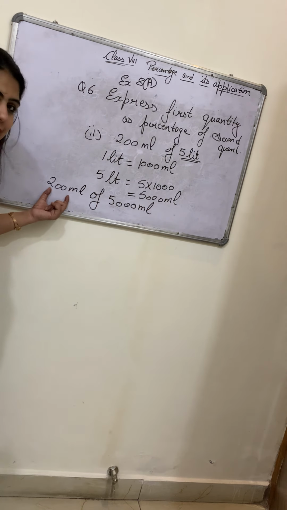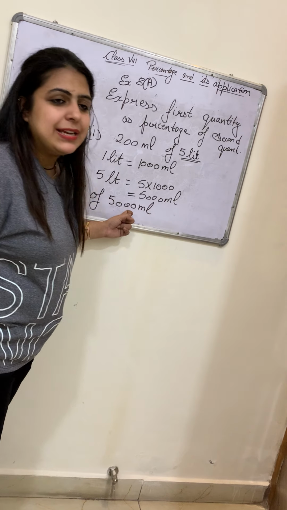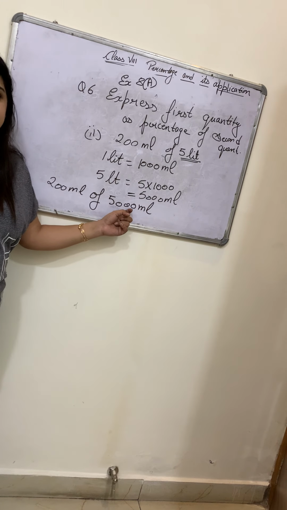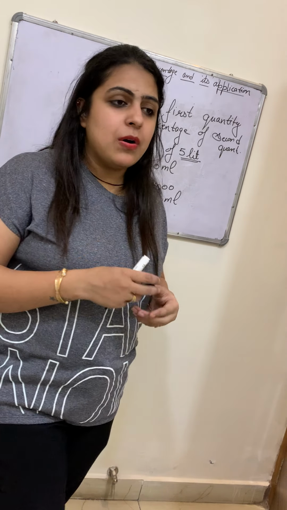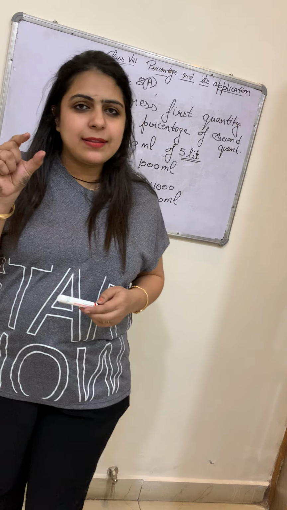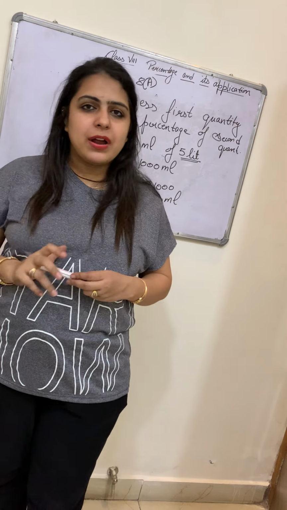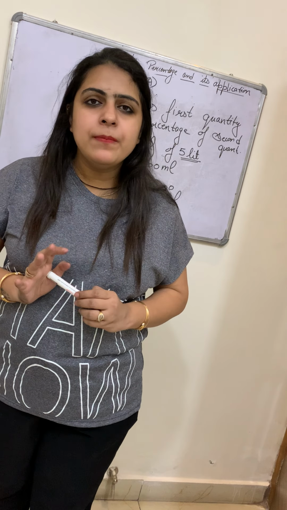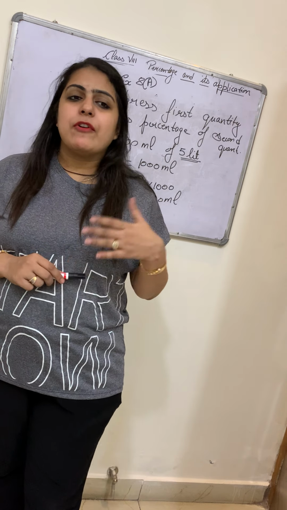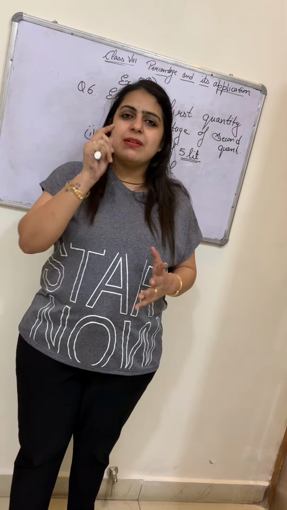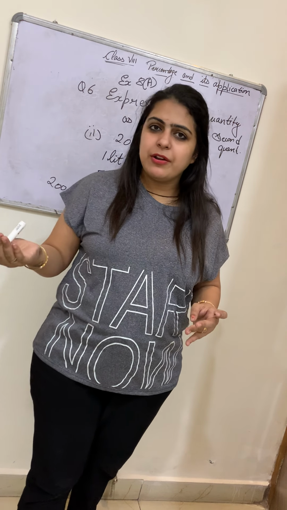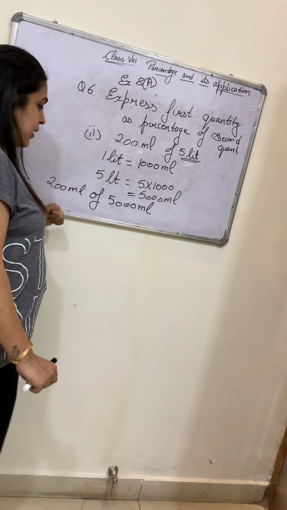हमें 200 मिलीलीटर्स को आउट ऑफ 5000 मिलीलीटर्स की परसेंटेज कैलकुलेट करनी है. ओके, अब अगर आप नॉर्मली अपने एग्जाम्स में परसेंटेज कैलकुलेट करना जानते हैं, तो क्या करते हैं? जितने मार्क्स आते हैं अपॉन टोटल मार्क्स इनटू 100. If you have scored 410, then 410 upon 500 into 100. Same thing we are going to follow here.